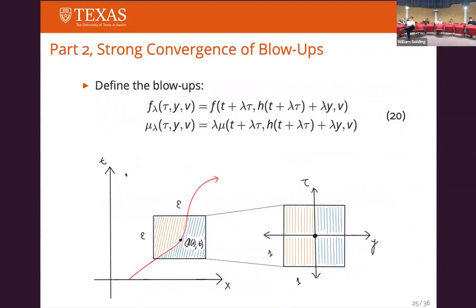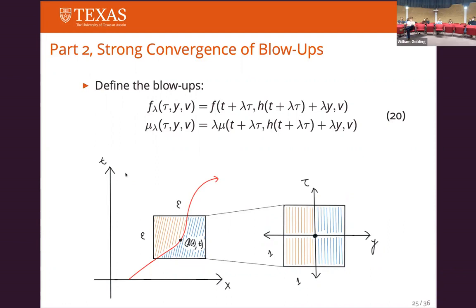So this is now where we start using blowups. So the idea behind a blowup is, all right, let me fix some point along my curve. And now I want to look at a fixed window of scale epsilon. So this is a small scale window. And I want to blow it up to a size 1 window. And the way I do it should preserve sort of the structure of the equation, which I'll show on the next slide. But it should also here